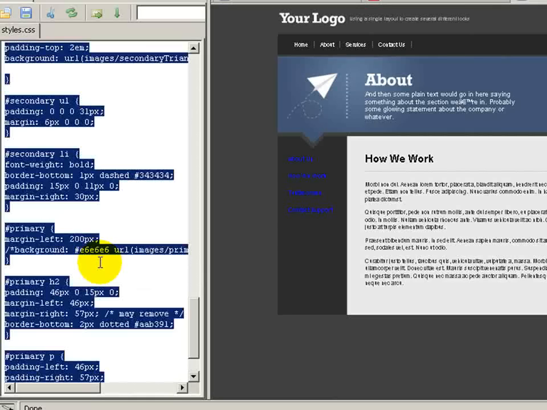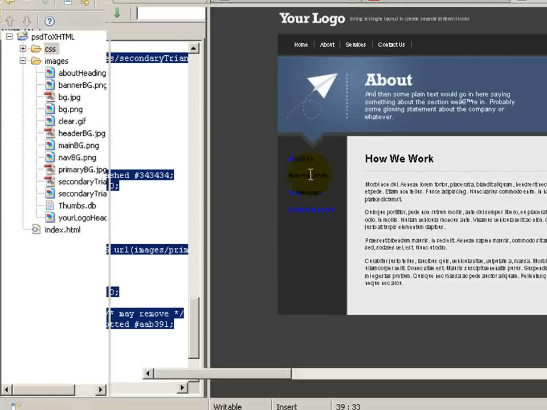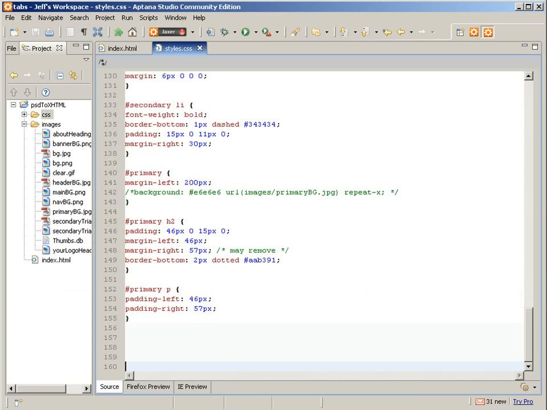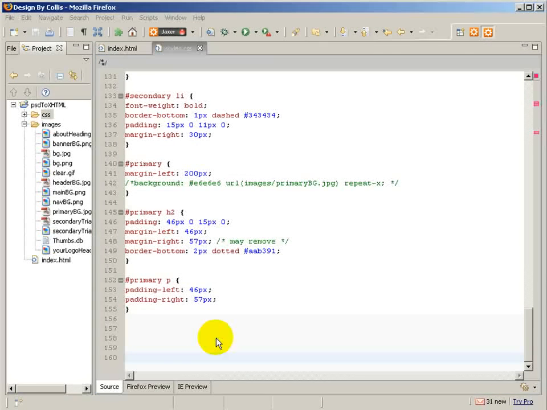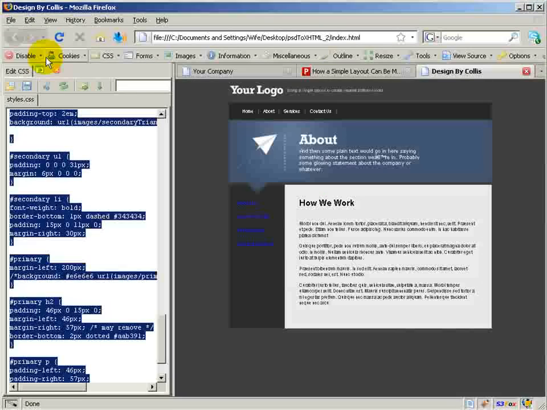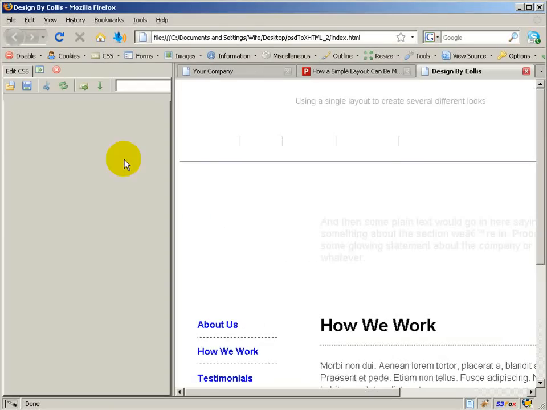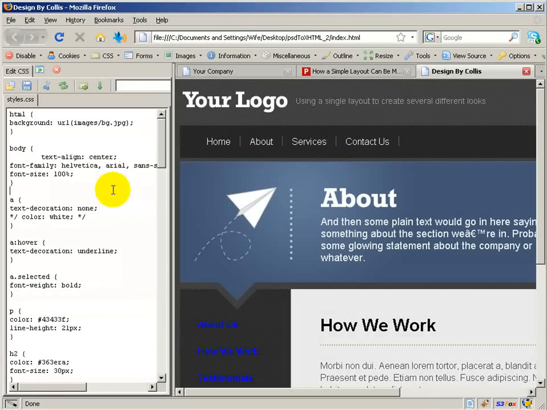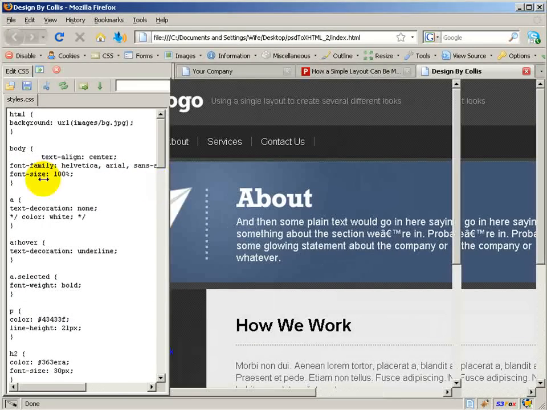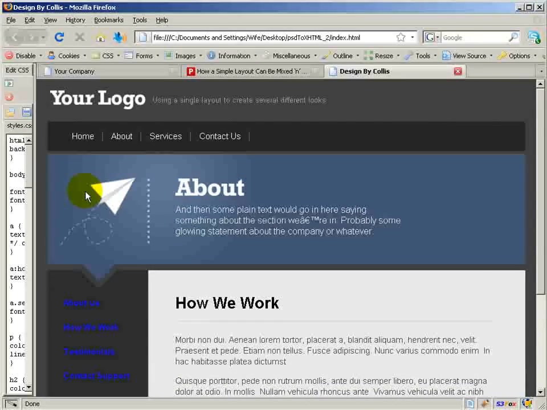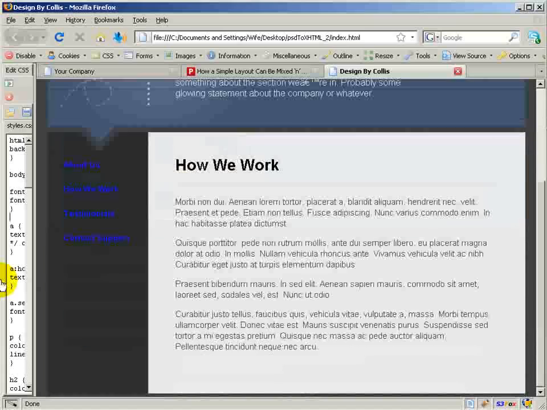Okay, I'm going to copy all of this, paste it back into my solution, into my styles.css file. Save that. Let's come back to Firefox. Refresh the page. That's what we originally had. Let's look over it one last time. So I'm going to close this out as much as I can and zoom out a little bit. And you can see here, this is pretty much exactly the way Css did his original,